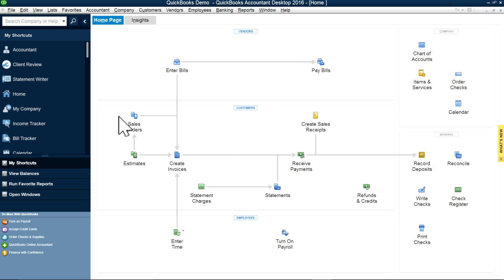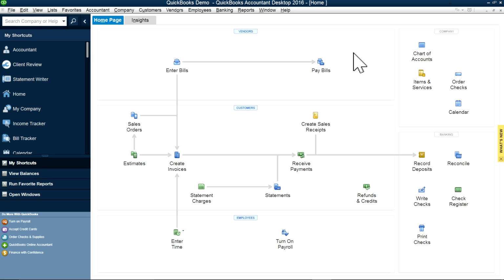Just because you create this, it won't show up in QuickBooks yet. QuickBooks shows up when you create invoice, when you create sales receipt, or when you enter bills and pay bills. So these two are non-posting type on the customer side, and on the